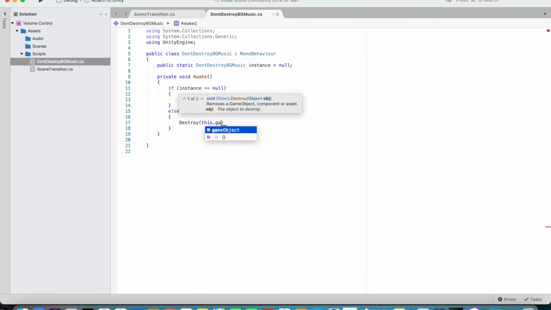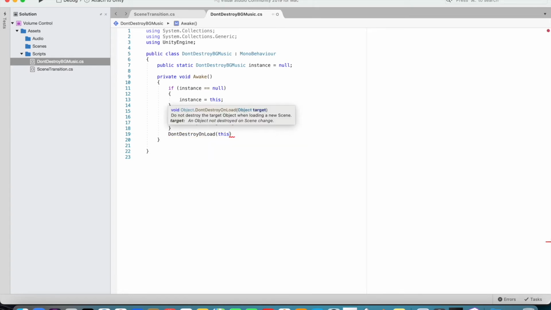this.gameObject. So basically we don't want repetition of the same game object background music, because background music has to run seamlessly across the scenes. There need not be any disturbance. Okay, and also you don't need to destroy this script across the scene. So DontDestroyOnLoad this.gameObject which is holding the script. Now save this script,